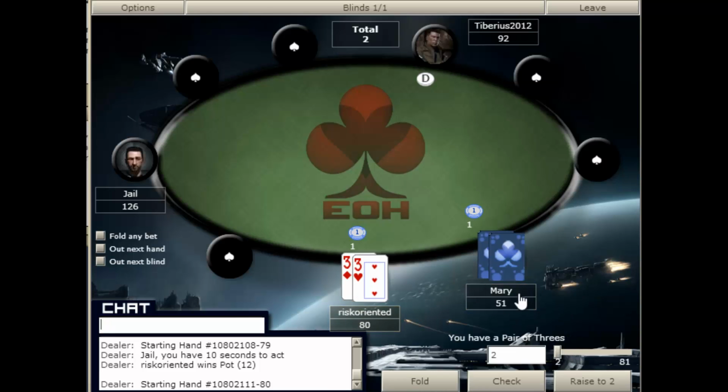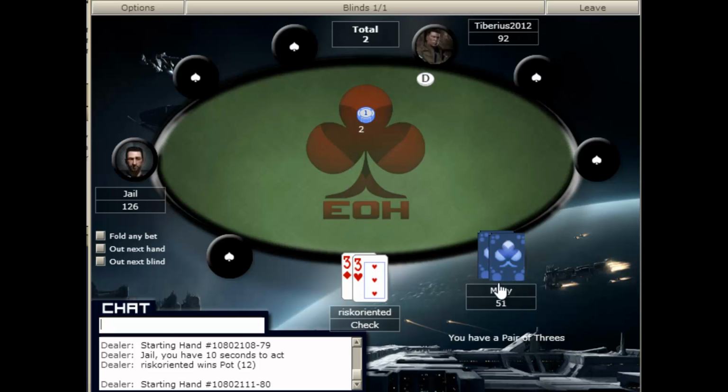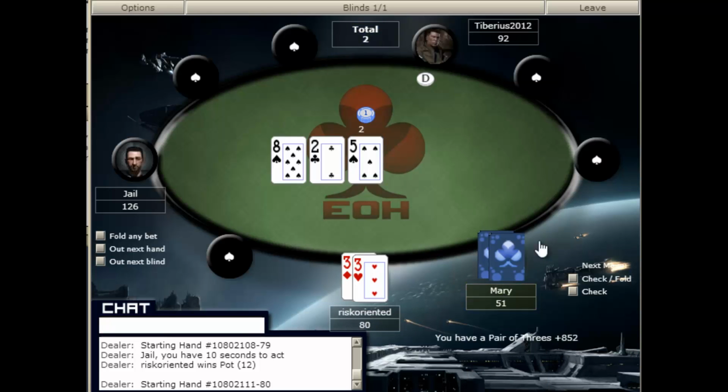So here we've got 2 3s against Mary. She only has 51 chips, which doesn't give us equity to raise here and hope to flop a set. We are going to have to just play this as a small pair. If we were 200 big blinds deep, we would raise there and hope to flop a set and get a very big pot going. So Mary has checked the flop to us, and we check behind because we've only got